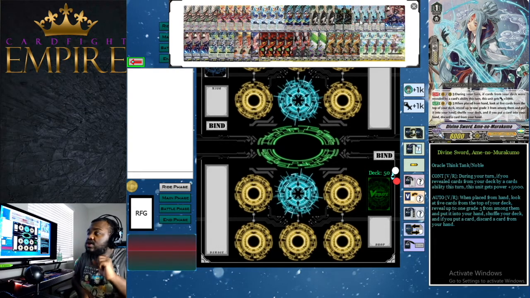However, this card specifically is really, really good in this deck, because when you check top 5 and you reveal a grade 3 and it goes to your hand, if that's Goddess of the Sun Amaterasu, then you're getting an early plus 10,000 and a crit to your Vanguard. So that's very, very important, especially when you go second in this deck, because you can ride this card. If you get Goddess of the Sun Amaterasu, you can proc that instantly,